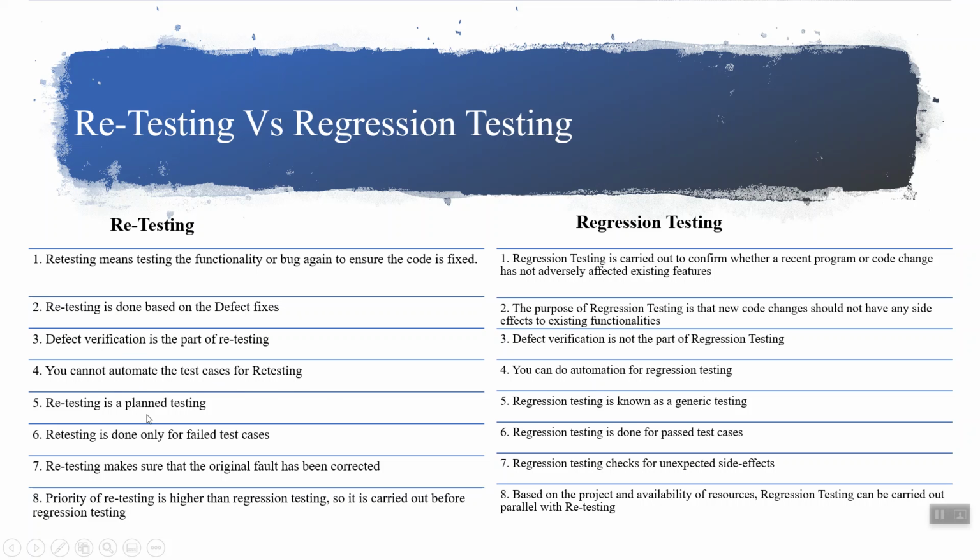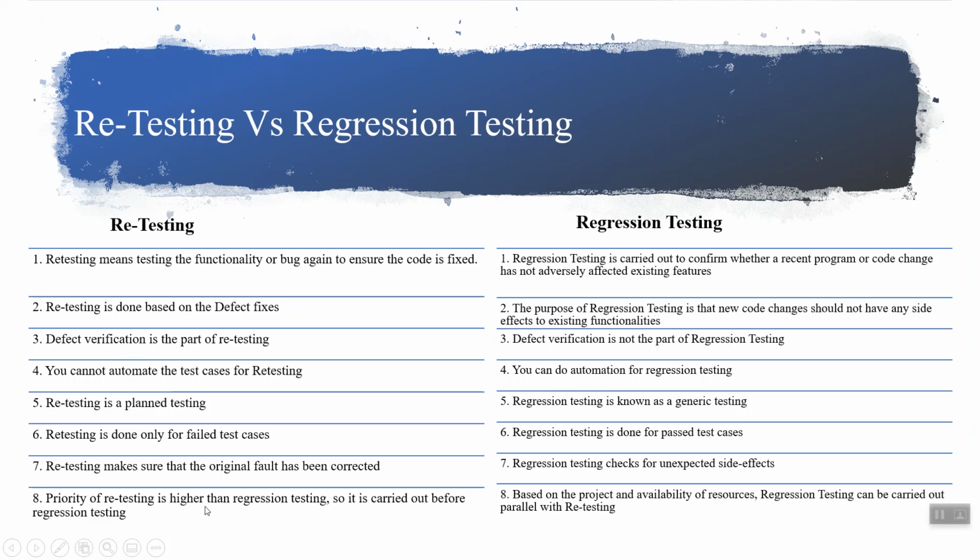Here, retesting is a planned testing, while regression testing is known as generic testing. Retesting is done only for failed test cases, while regression testing is done for passed test cases. The seventh difference is that retesting makes sure that the original fault has been corrected, meaning doing the retesting for the test cases, while regression testing checks for unexpected side effects